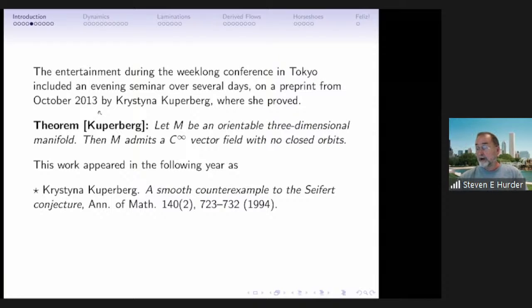So we had a seminar, and it's a beautiful example, but it has a different principle. So I'll describe this again. Probably everyone's seen it, but maybe not. So this also appeared in the Annals, but 20 years after Paul's example. So what did she do?